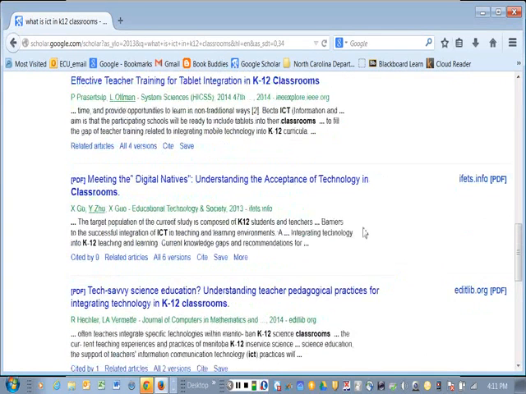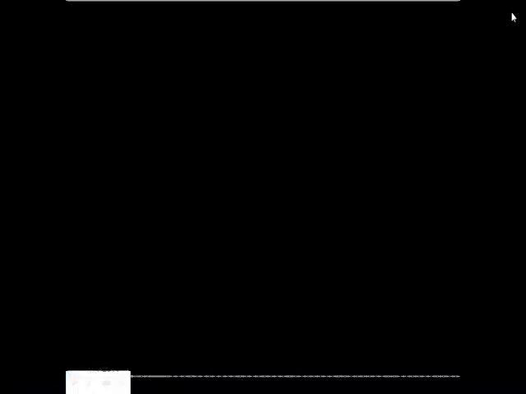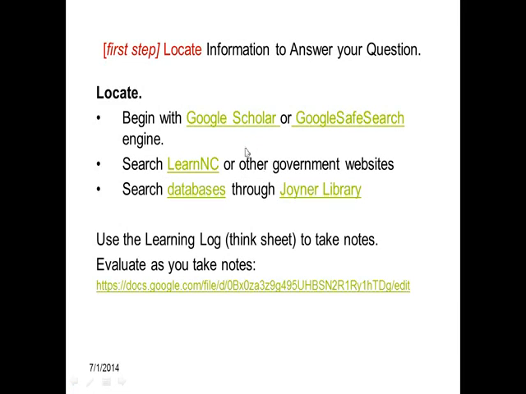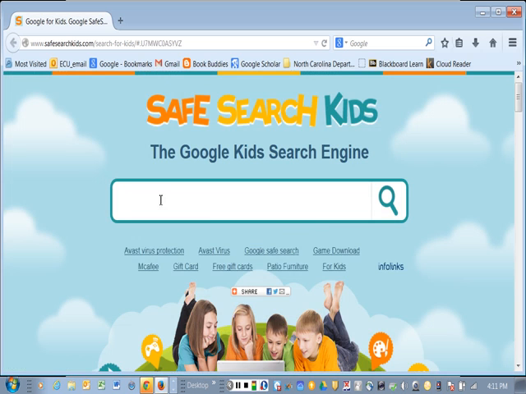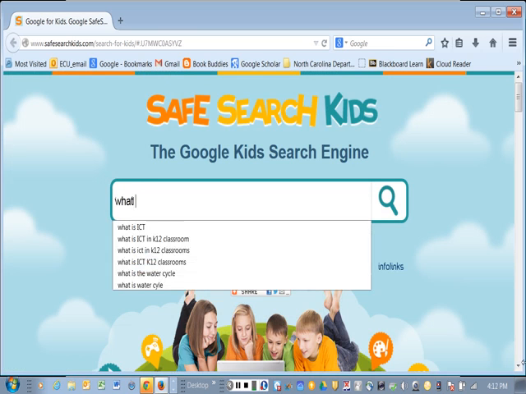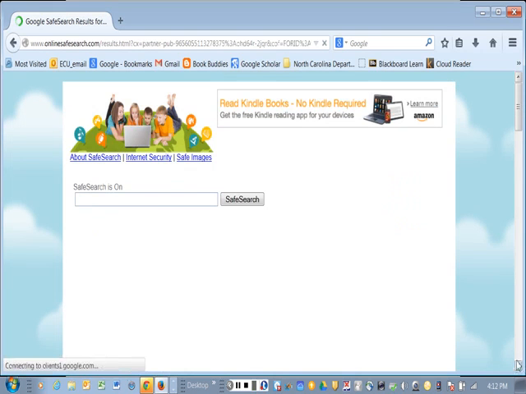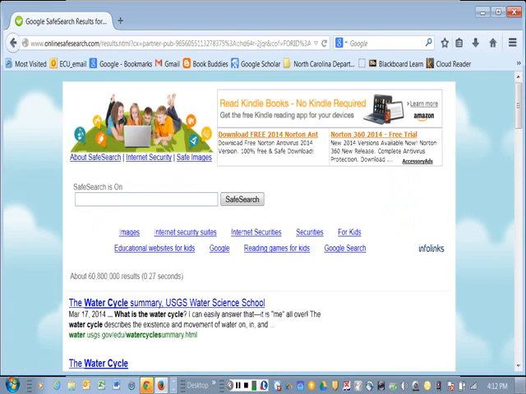So you can see how using something like Google Scholar is going to start you out with the most credible peer-reviewed academic sources. But we're going to go back to the K-12 classroom. I want something I can use with my students. So I'm going to go back to my tried and true, what is the water cycle? And the Google SafeSearch